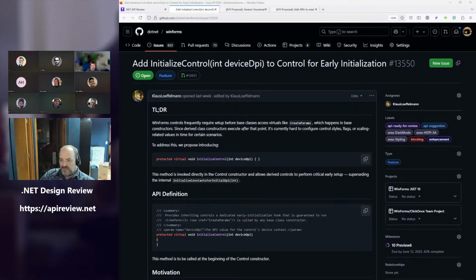that the property bags of every control in WinForms is set up, or is held, by a static property bag, which gets initialized as soon as the static constructor runs. That has also historical reasons, and so, but the device DPI is the only parameter that we really need to pass, because it's like